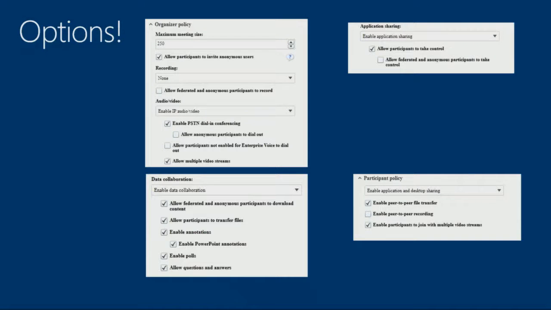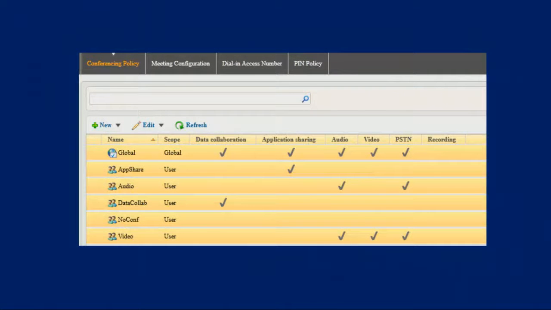I typically take the default global and strip it to nothing. I uncheck everything and make it so the average user, when they first turn up, gets nothing. Again, enforcing our little piece right here of I want to have nothing, and then I'm going to enable something, as opposed to giving them everything in sight and then taking it away. That way I control my pilot, I control my initial pilot groups. I can more easily identify maybe some trouble spots in my deployment, and then I have to turn my test